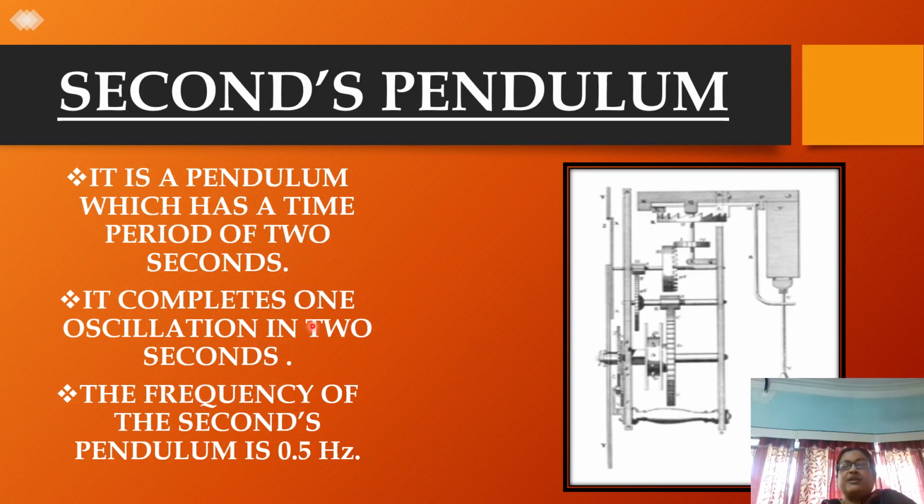Now if we reverse this, that is, in 2 seconds one oscillation gets completed, then in 1 second how many oscillations? It is definitely going to be 1 by 2. So the answer is that the frequency of the seconds pendulum is equal to 0.5 Hertz. I will repeat how you got this. Frequency is equal to 1 by time period. Time period is 2, so 1 divided by 2 is equal to 0.5. If you try to solve it, you will be able to know that.